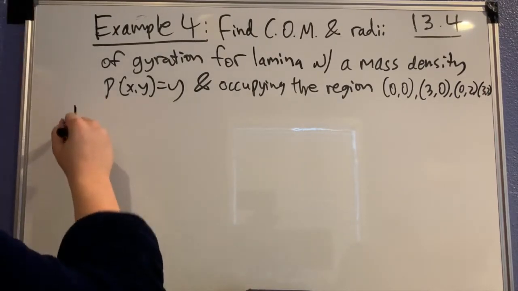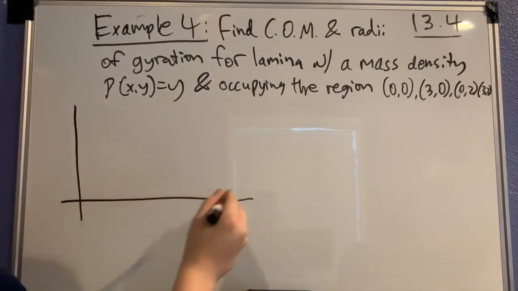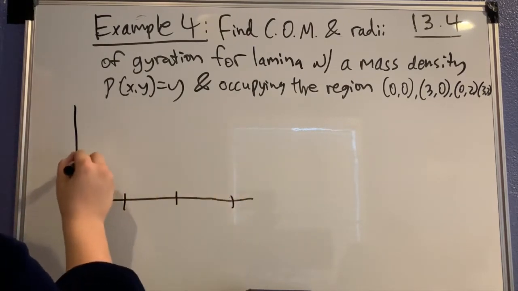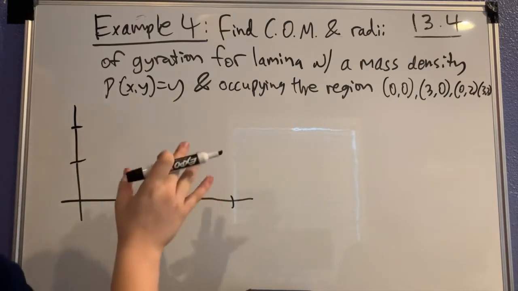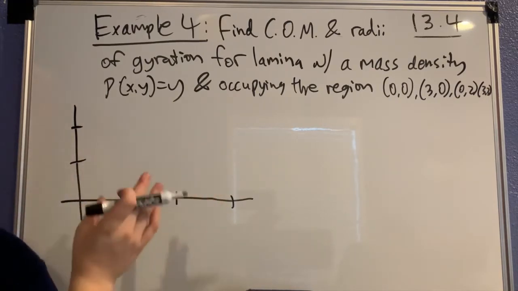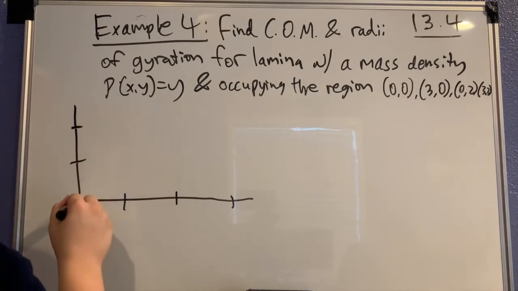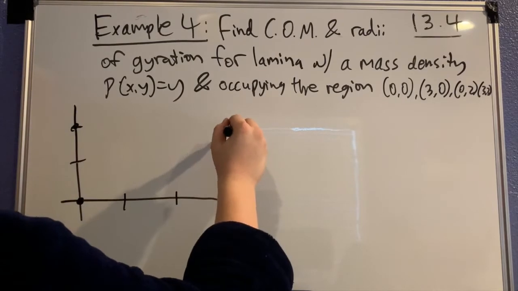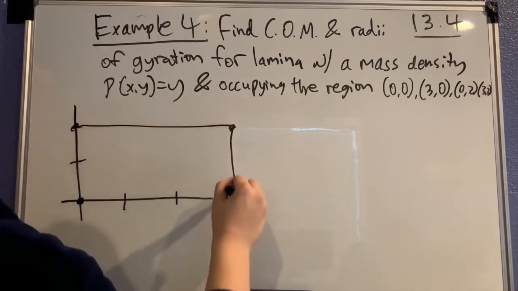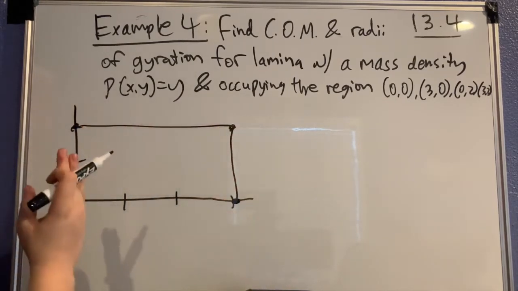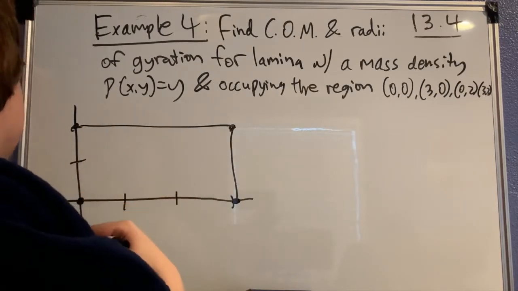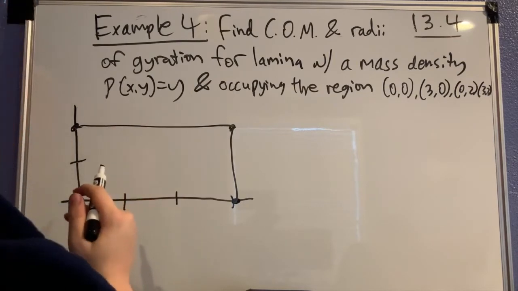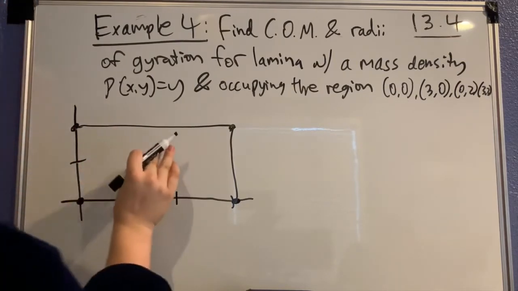First, let's graph it. That's always the first step, at least when you can. So you know that all the points are positive, so you can forget about the negative axes. First point is at 0, 0, 3, 0, 0, 2, and 3, 2. So you get a rectangle, which is nice, because when you integrate over it, it's really simple, and all of the bounds are just constants. So in this case, this is what the rectangle would look like,